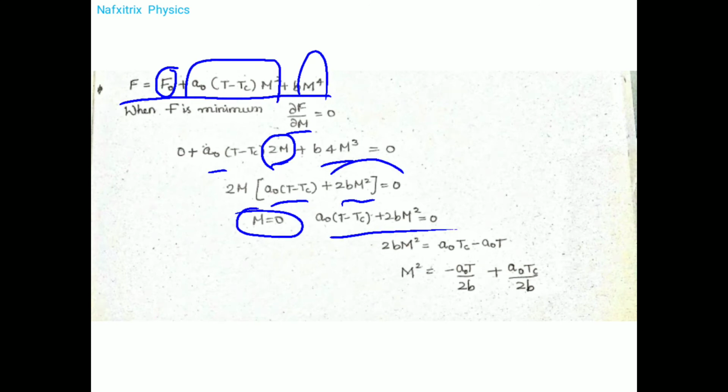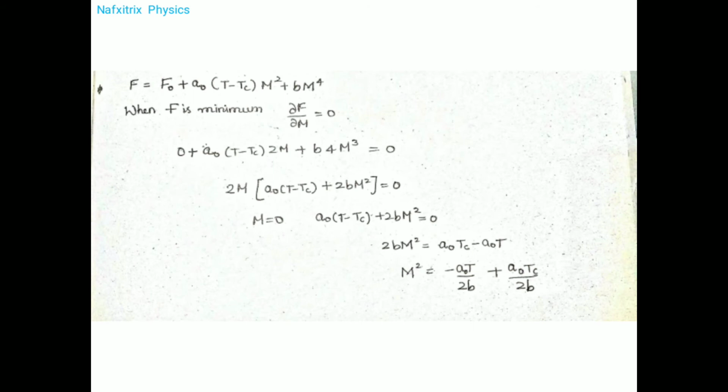So now we just need to do simplification. Sending this term to the side, it would become minus A naught T, and this minus A Tc would become plus A naught Tc. Next, sending this 2b to that side, so it just gets divided. So A naught Tc by 2b, and here A naught T by 2b, so it gets divided. So finally what we are getting is